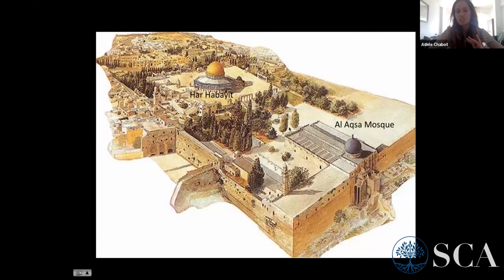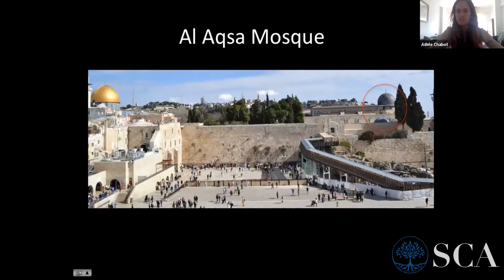You guys see this picture. We have Har HaBayit over here and this grayish mosque, which you could see if you go into the Kotel. This might be a more familiar picture to you. You have Har HaBayit on the left and Al-Aqsa on the right. That mosque is called the Al-Aqsa Mosque, and that's the 3rd holiest site in Islam, not the Dome of the